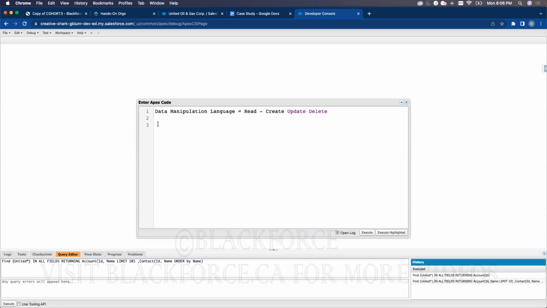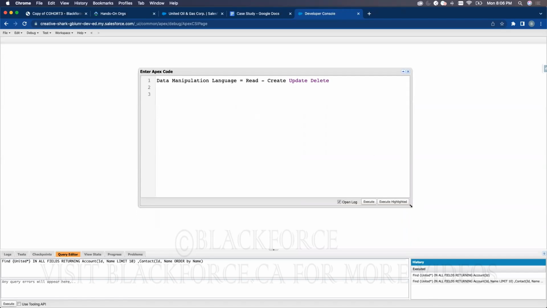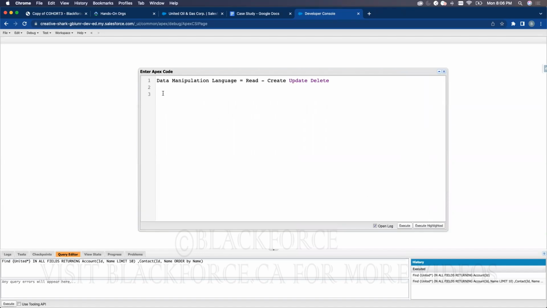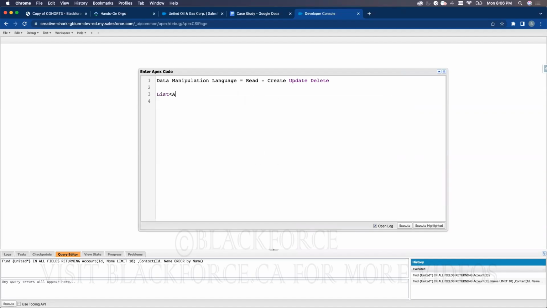Okay, so now, before we start DML, it's very important to understand what kind of issues you can face when working with data. So far, we know that if we query an account,